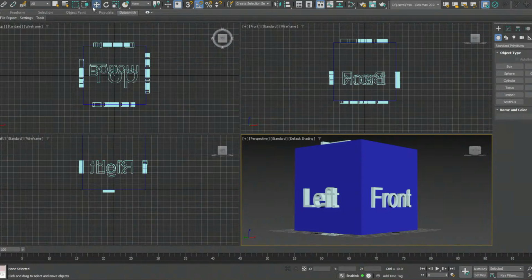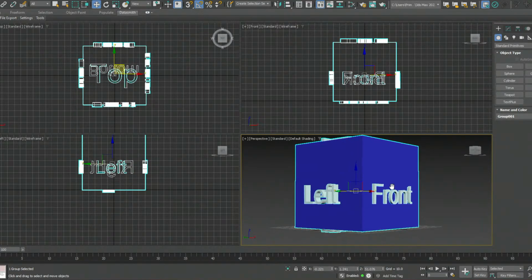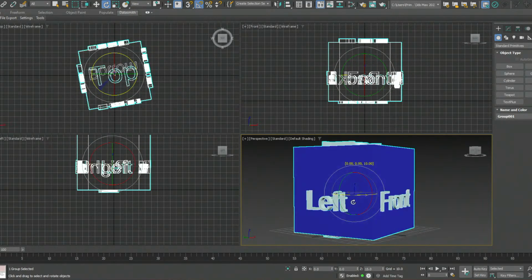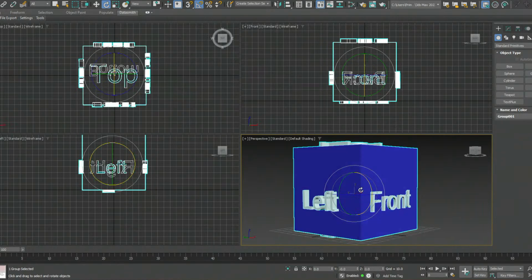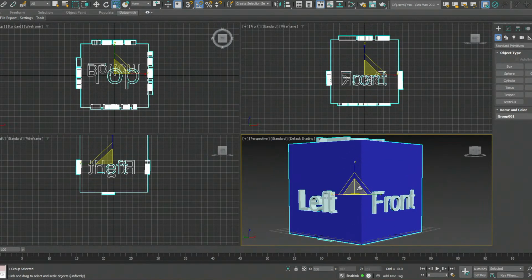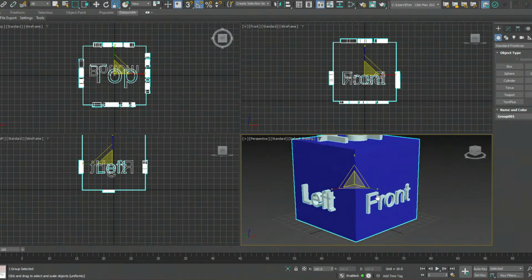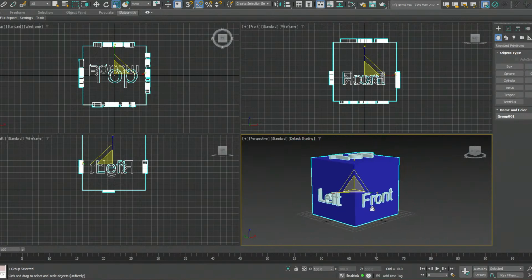And finally, you want to know how to move around items, which will be your select and move, select and rotate, and finally select and scale. Now it would do you well to know the shortcuts. Those tools are reached by W, E, and R. So 1, 2, 3 right up here. So you have your select and move represented by W,